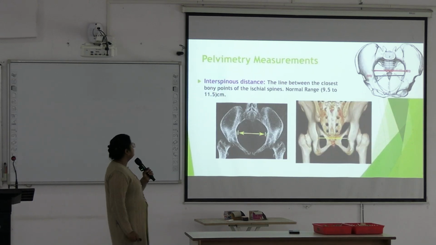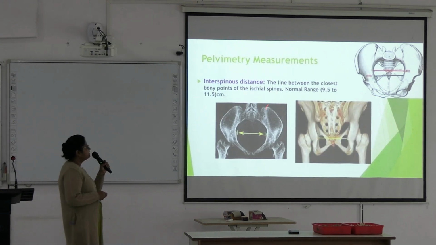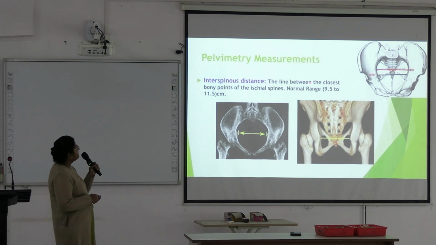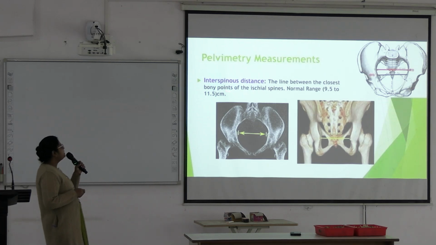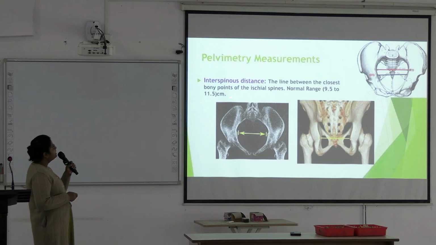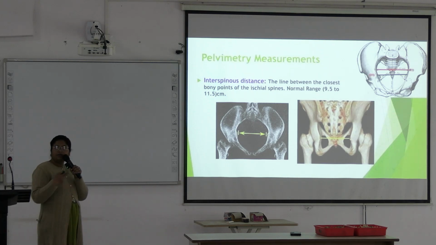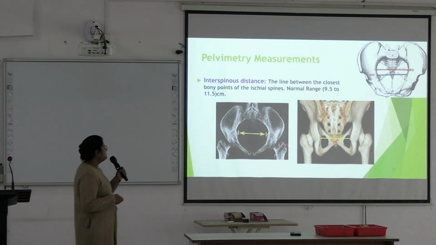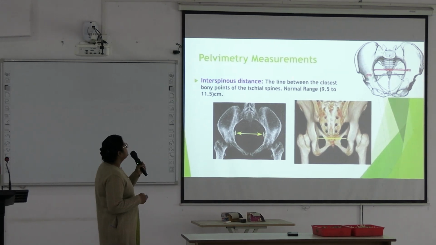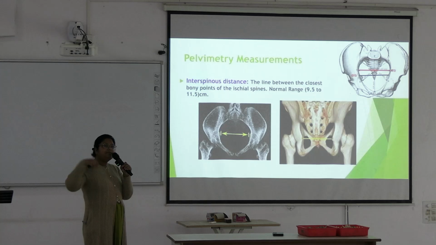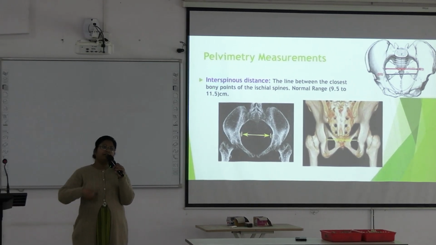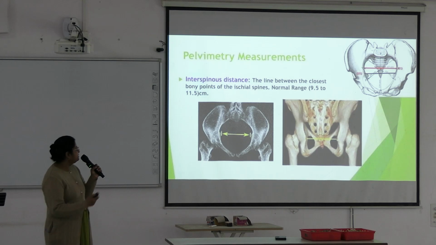Next, interspinous distance. Interspinous distance is between the two ischial spines. It is the line between the closest bony points of the ischial spines. Normal range is 9.5 to 11.5 centimeters. Okay, understood? This is the smallest distance within the pelvic cavity. That's why it is important. If the fetal head can cross through this distance, it can pass the whole passage. Okay. Next,